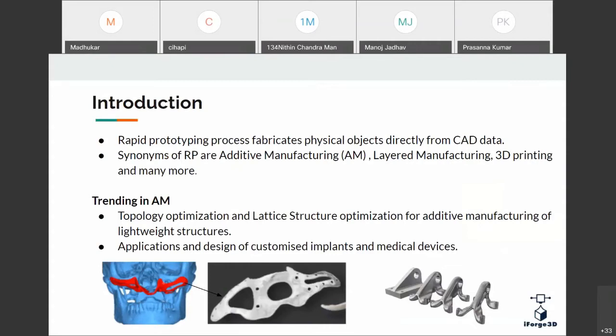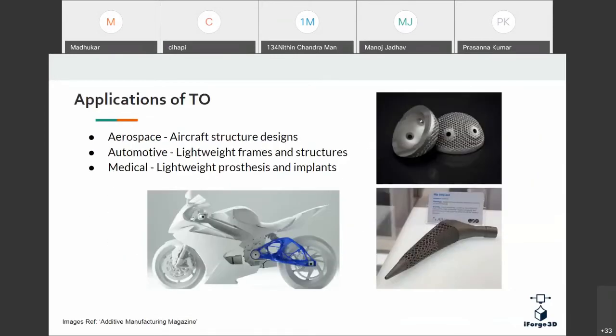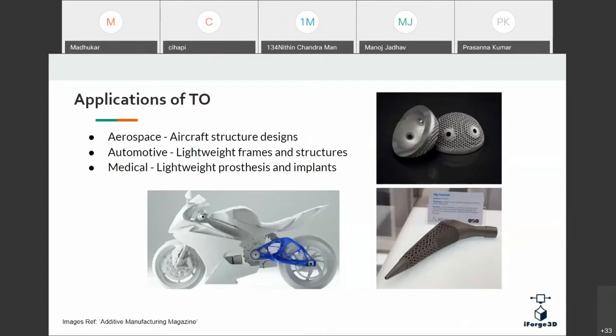Those operations are not possible to get this kind of result. So using metal additive manufacturing, we can design patient-specific medical implants, and those can be fabricated using techniques like topology optimization, where we can reduce a lot of weight.